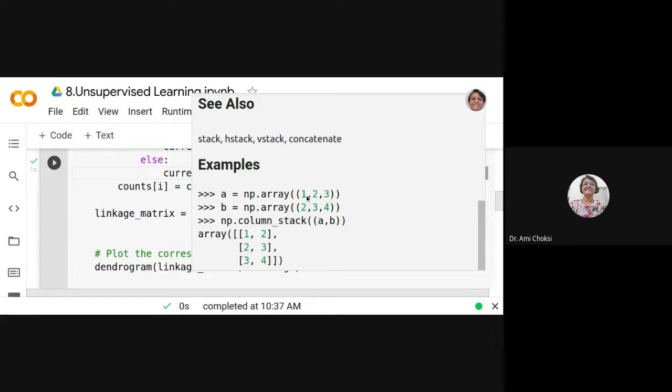Let us say we are having 1, 2, 3 and 2, 3, 4. Two NumPy arrays are there. Here we can understand the example, right? Now if we consider np.column_stack of A and B, that means what? This array will be considered as the stack here, as a column. This is 1, 2, 3 in a row, or horizontally. When we are doing it as column_stack, it is putting them in the column. Say 1, 2, 3, and here this is 2, 3, 4, so it is putting it in the column.